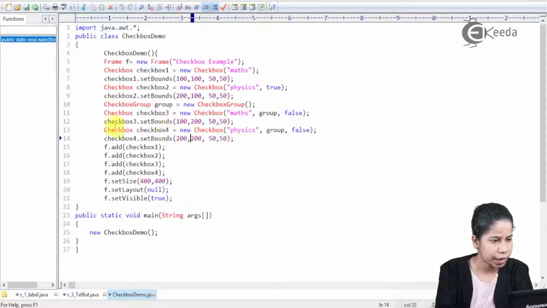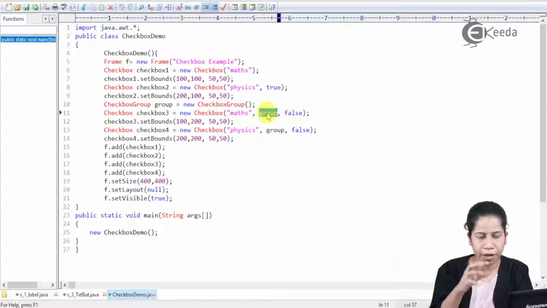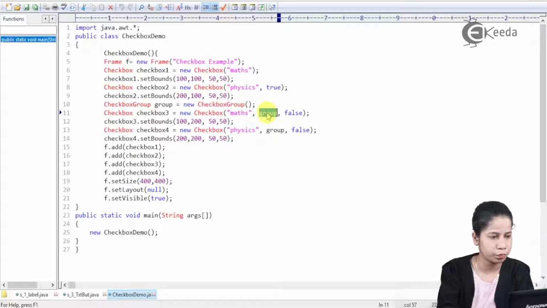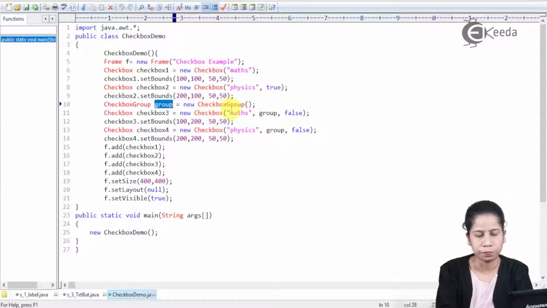So here I have created checkbox 3. If you see, in checkbox 3 I have given the caption maths. I have bound this particular checkbox to the checkbox group; this is the reference of your checkbox group. Then I have made it false.